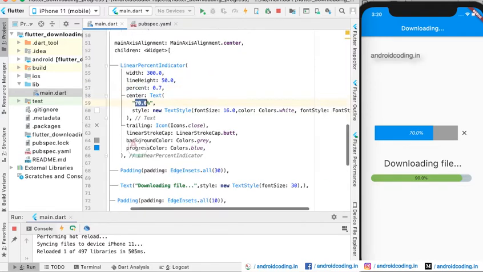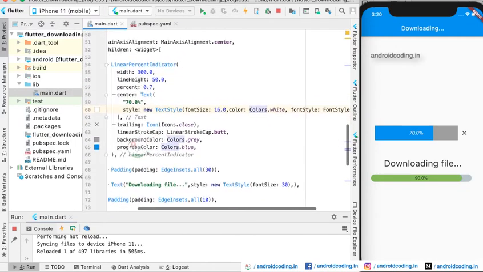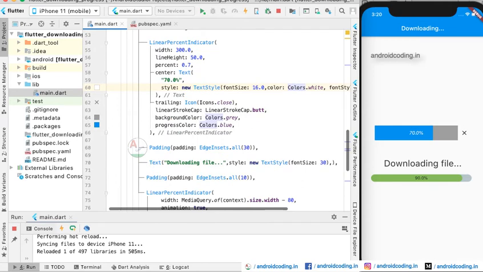So here is the text description, size of the text, colors and font style, and here the trailing icon. You can see the close icon here. Whenever you are trying to download a file or any process or any task which you are running in your application, and you might want to cancel those tasks, you can make use of this particular icon here.